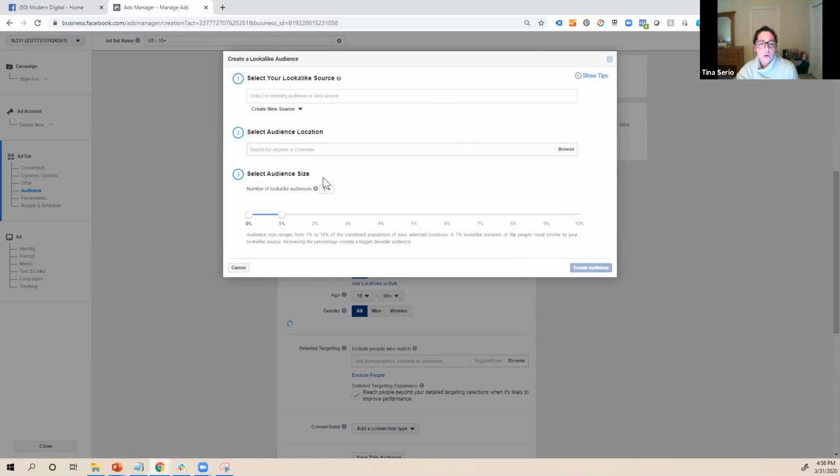Oh, here we go. So when you're creating your lookalike, you'll see this scale right here, and you can drag it up or down. So if you have yours set to 1%, drag it to something higher. Drag it to 5% or higher to try to open up the audience a little bit more. So this is helping Facebook reach out further than your most similar audience. Does that make sense?